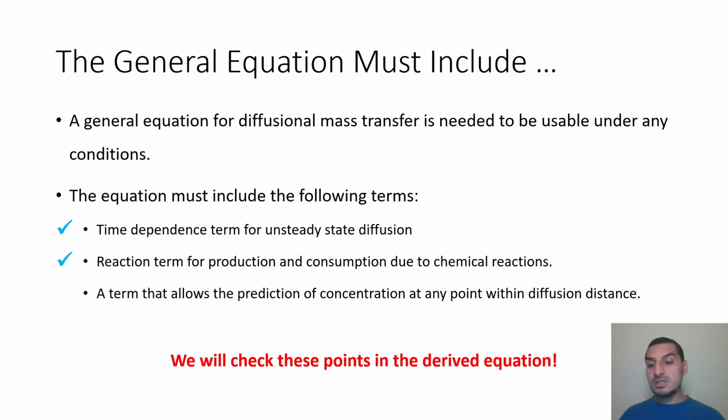For the third, it's a term that allows the prediction of concentration at any point, or to get the concentration gradient. This is not very clear from the form of the equation that we have right now. So we will do more checks to see if this point is satisfied or not,